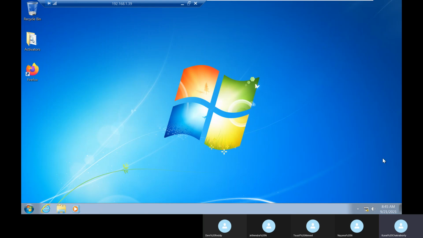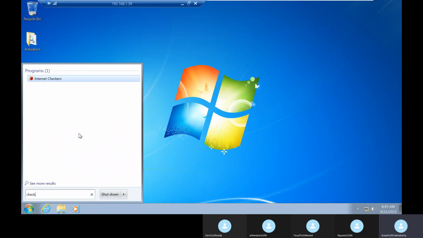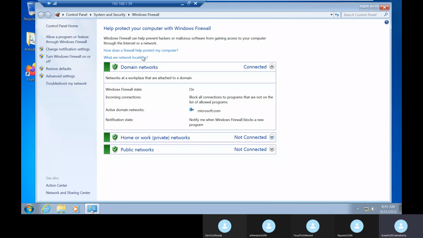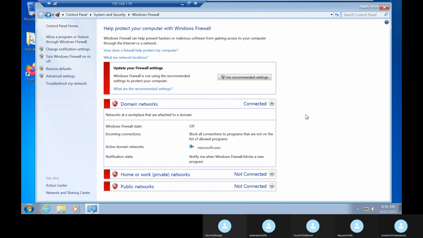Now let's see whether our NPS detects the firewall or not. We will go to firewall settings. Here it's currently turned on. So we will try to turn it off and let's see whether it blocks or not, whether it automatically detects and turns it on or not. So let's click on OK. Now let's see. Now as you can see, it's not working. It's not getting turned on.